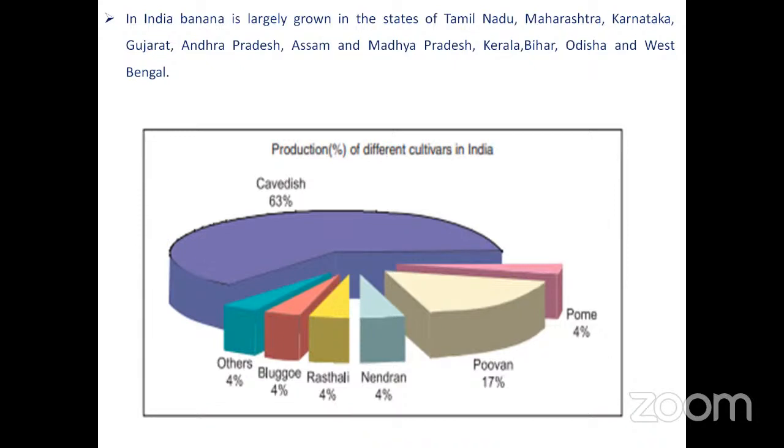cultivar, which is commercially grown in different regions due to its wider adaptability, and also mainly due to its tolerance to drought and other biotic factors. So Rastali is also another important variety, specific to the market. Other varieties are